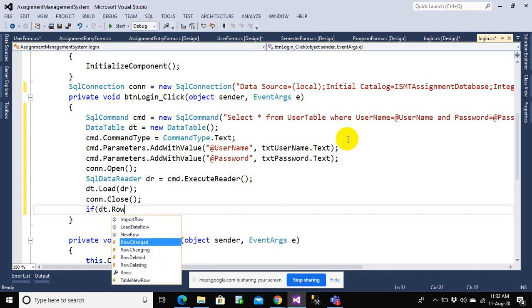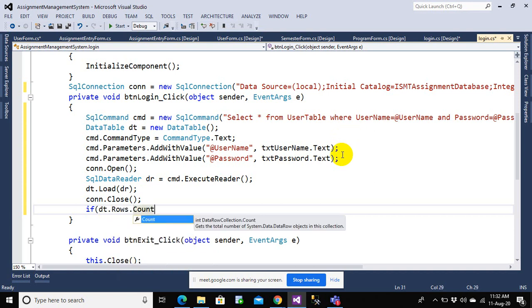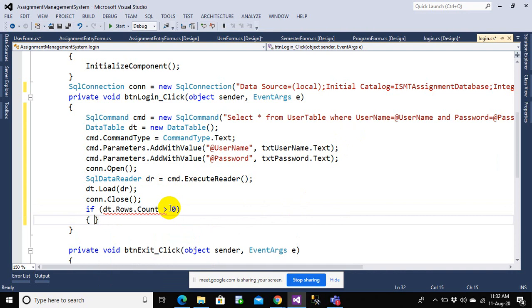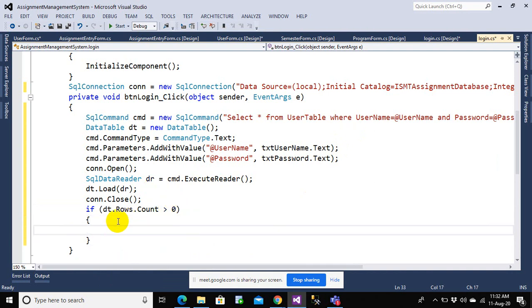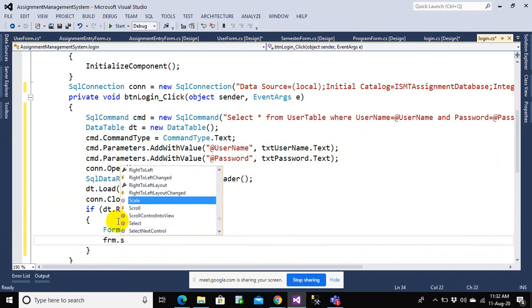Once you fill it up, let's check now. If dt.rows.count, that means if the number of rows is greater than 0, then the user exists, otherwise the user does not exist. Then I can just check form1 frm equals new form1, and I can show this form.